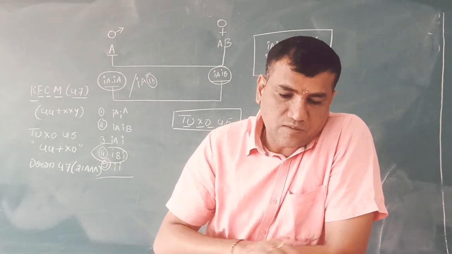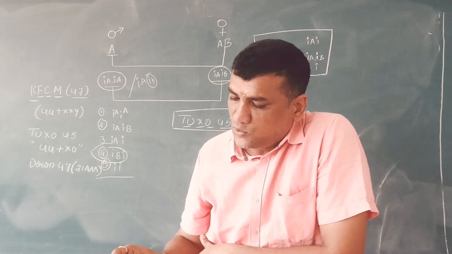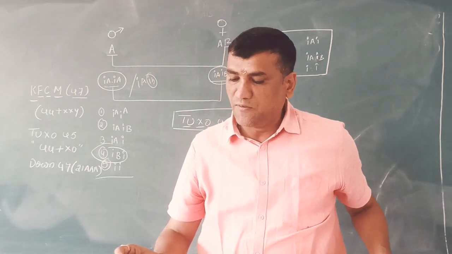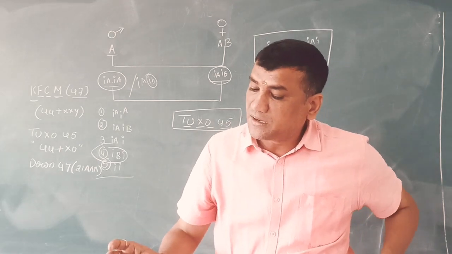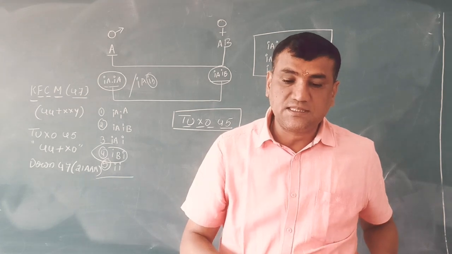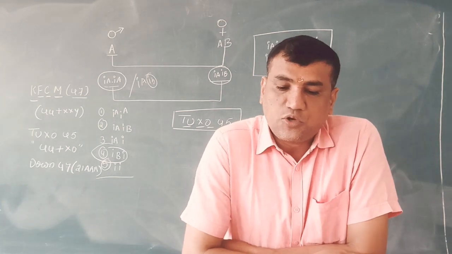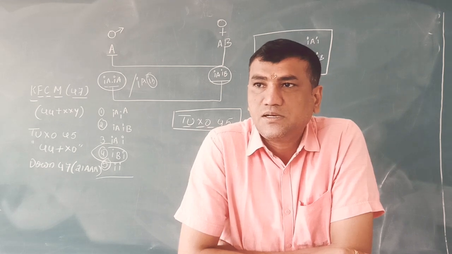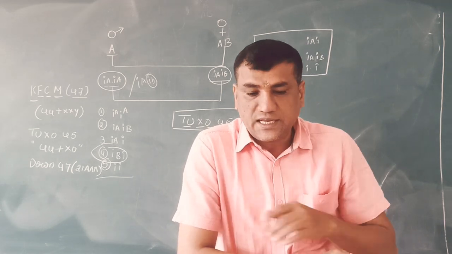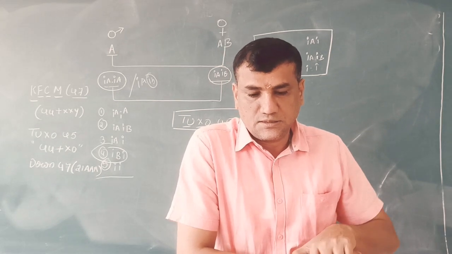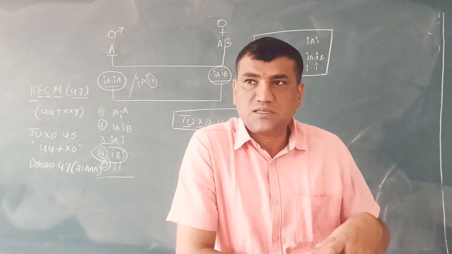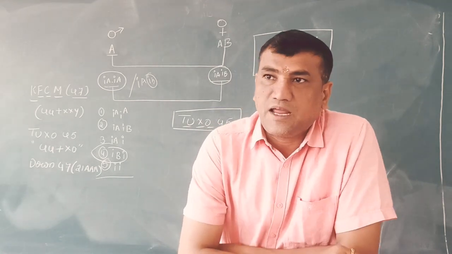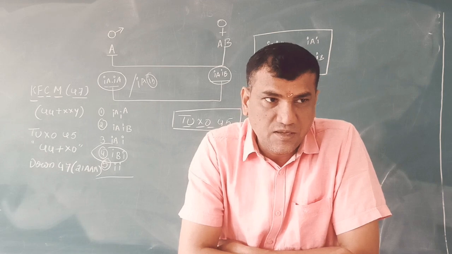Next, if a trait passes from father to all his daughters but none of his sons, the trait is autosomal dominant, autosomal recessive, sex-linked recessive, sex-linked dominant, because it is passed to all of his daughters and not sons, because sons are having only one X, and it is XO type of sex determination in that particular case.